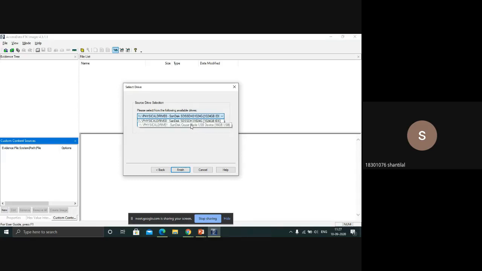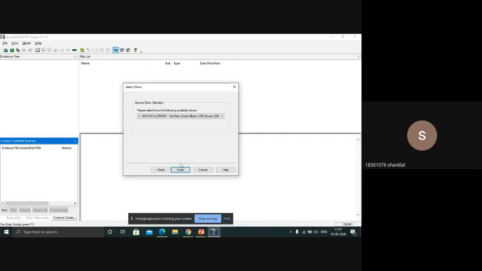Okay, so we will be selecting this, since it means that I will be recovering the data from this pen drive that I have already deleted. I have just stored some data and I have deleted it from this pen drive. So we will be trying to recover this data that I have deleted, and it will be stored in an image format.